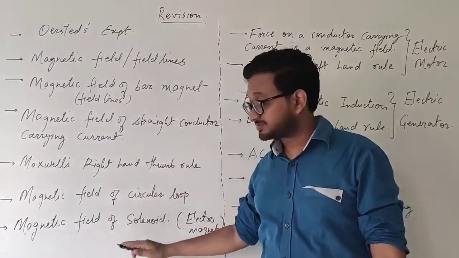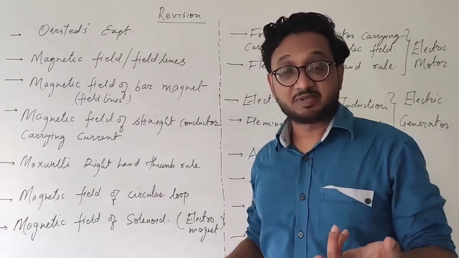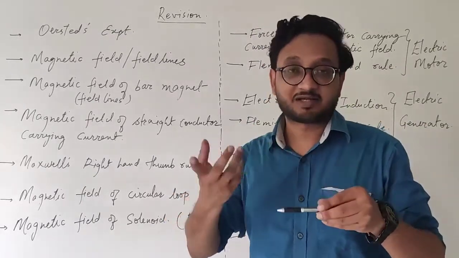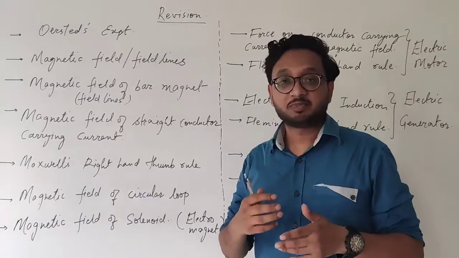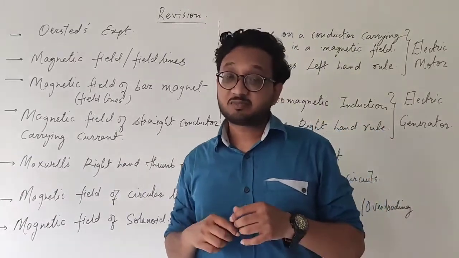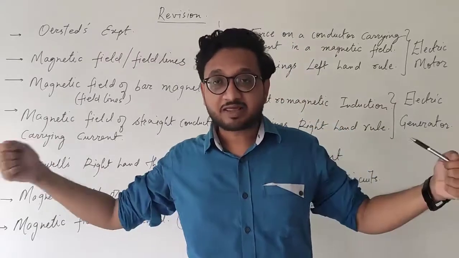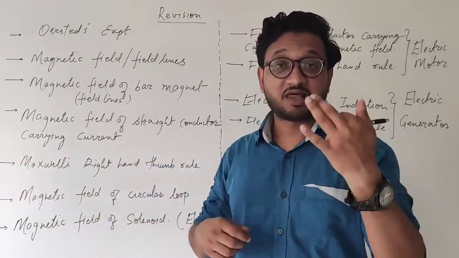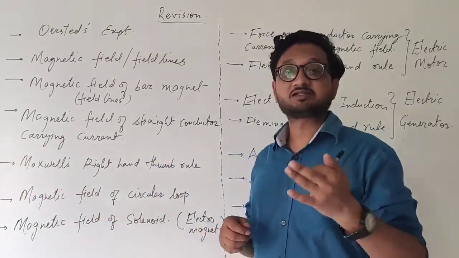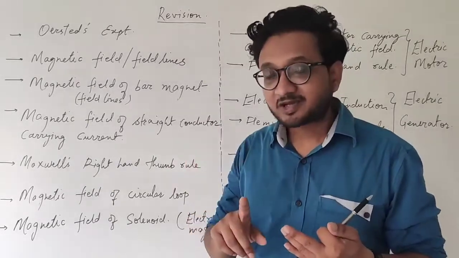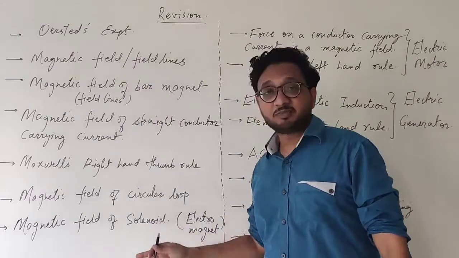Its magnetism or strength can be increased or decreased by increasing the number of loops or by increasing the amount of current. You need to maintain the balance. We studied in the previous chapter that if you increase the number of loops, then the total length of the wire increases, and when the length of the wire increases, there is an increase in resistance. If the resistance is increased, then the current decreases. So we maintain the balance.